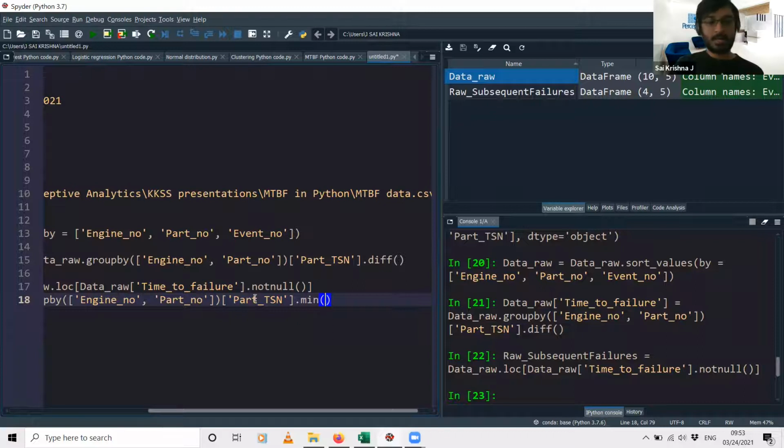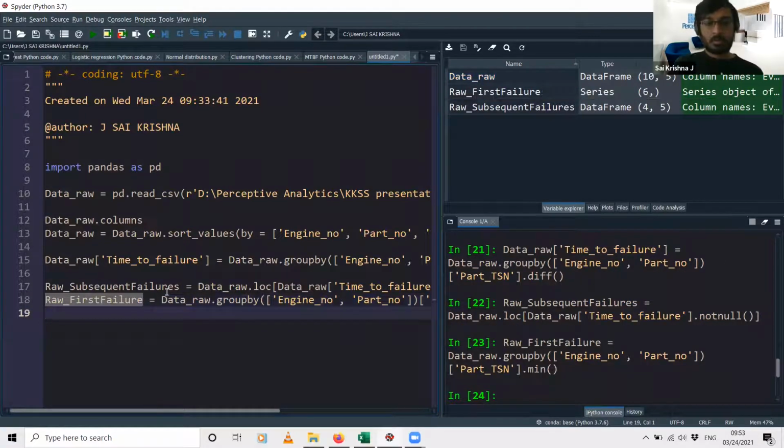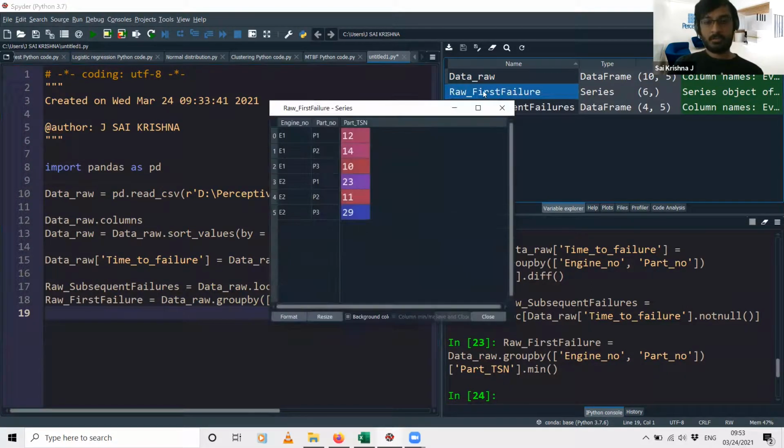The additional thing that we need to add here is something called reset underscore index. I will just run this line first and then I will tell you why we add that. Now I will run this line. I've created this new data frame called raw underscore first failure. Now if you just open this